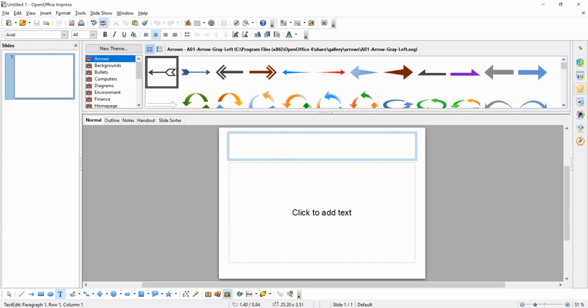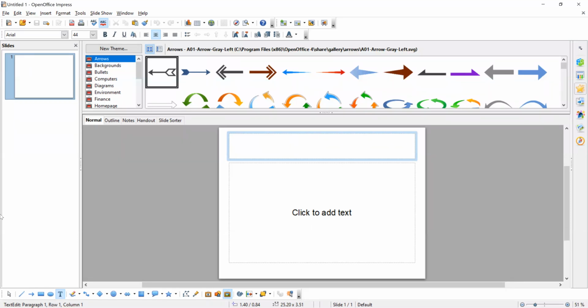Now this is about animation. In custom animation, we can apply the animation to an individual object or to individual text. Slide transition means the animation is applied to the complete slide. In custom animation, we can change the speed, the starting point, and the direction of the animation, whereas in slide transition, we can change the speed, add some sounds, and also set the advance slide option.